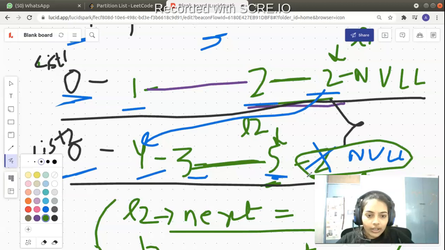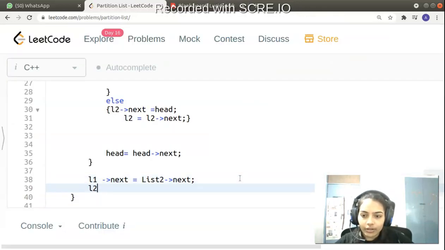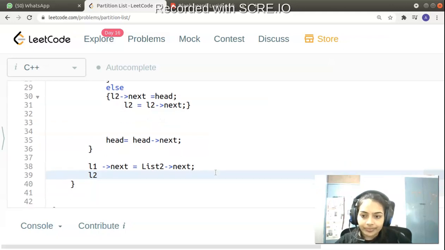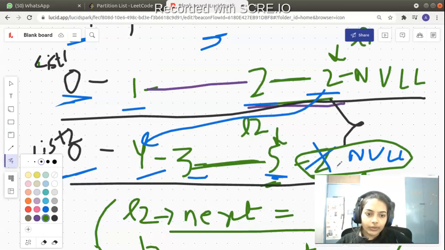We want the node behind L2 to be null. So L2's next is equal to null, because we don't want to return this two node, we just want to return null.